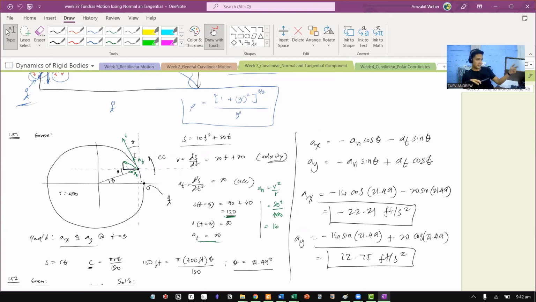We're going to take the same path as we did today, only that we have to use different notation,